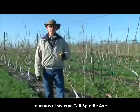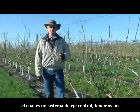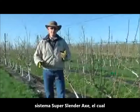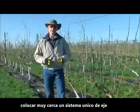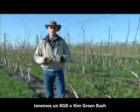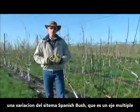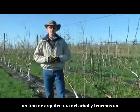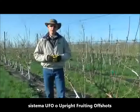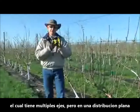We have the tall spindle axe system, which is a central leader system. We have a super slender axe system, which is planted very closely together, a single leader system. We have a KGB or Kim Green bush, variation of the Spanish bush system. That's a multiple leader bush type architecture of the tree. And we have a UFO or upright fruiting offshoots training system, which has multiple leaders but in a very flat